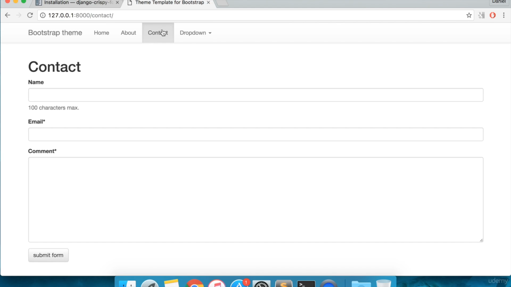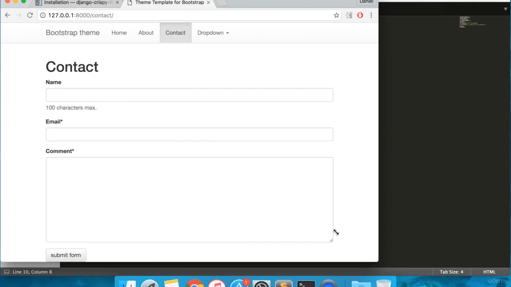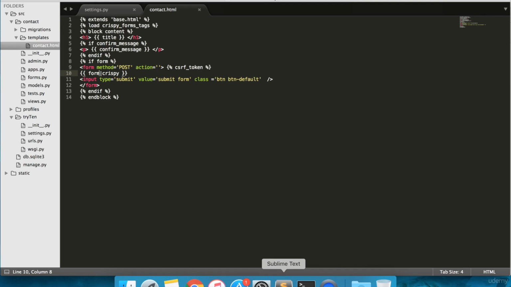The contact form looks way better. This version of Crispy form uses Bootstrap 3. We can adjust the window size to see the form is now responsive. The form is too big. Let's adjust its layout. Go to